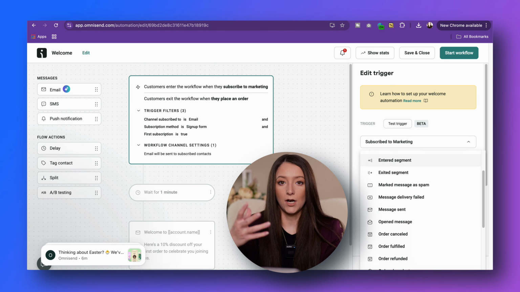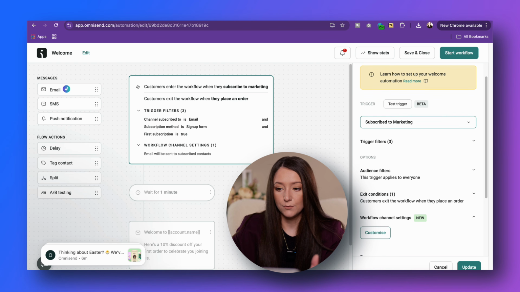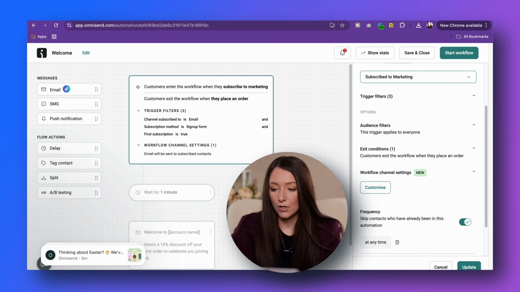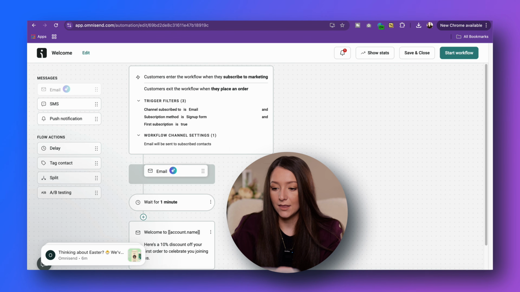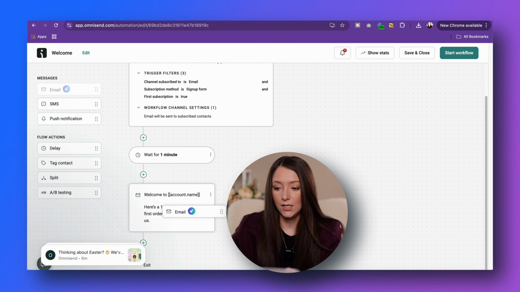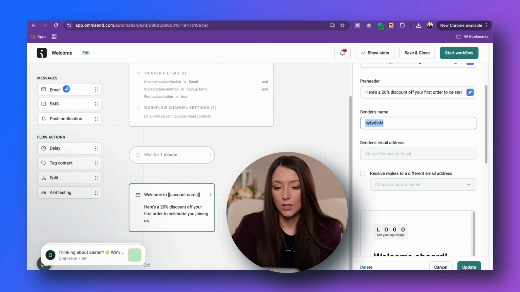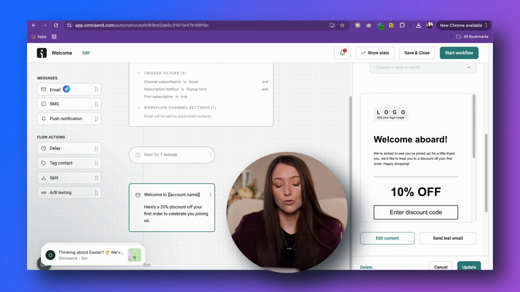Okay, so when they subscribe to the form that we just did, they will receive this email. So wait a minute, and then we have the welcome to, and here's a 20% off code. Sender's name, you can modify that with your brand's name, add your logo, and we need to edit the content of the email. So what will your welcome email contain? You add your logo here, welcome, 20% off, and here you enter your discount code that you create from your